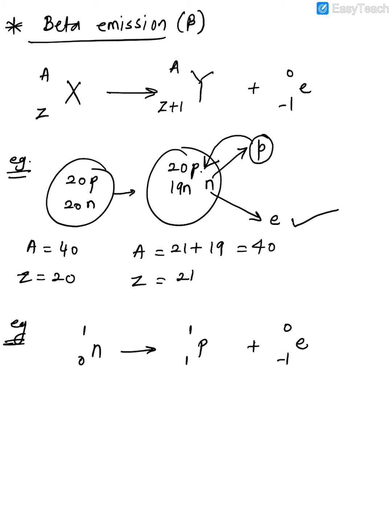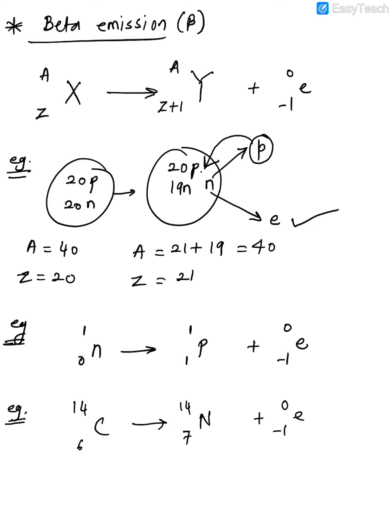Okay. Now, guys, the next one. I'll just write one more example out here. First, you can try balancing it yourself. So, for example, here you have carbon, C14, with atomic number 6. It will give out a beta particle, an electron. So what will this become now? It will become nitrogen. What will the atomic number become? 7, and the mass number will remain the same, 14. So they may ask you to write these standard examples. So you need to know these examples by heart.